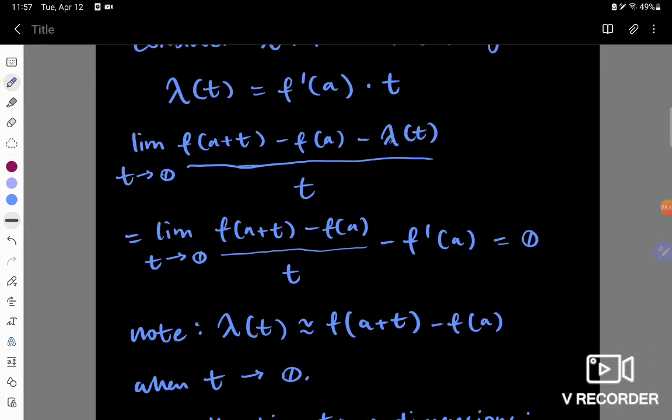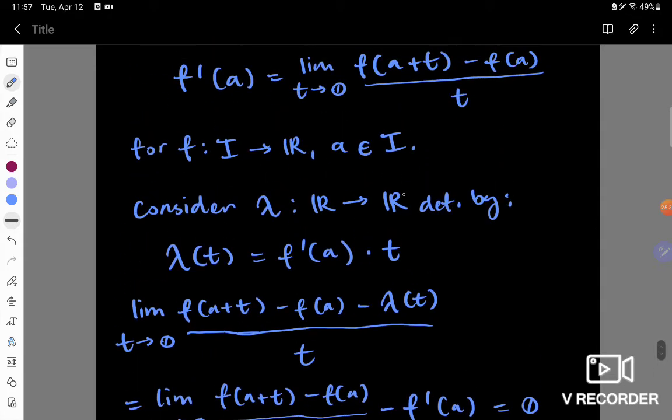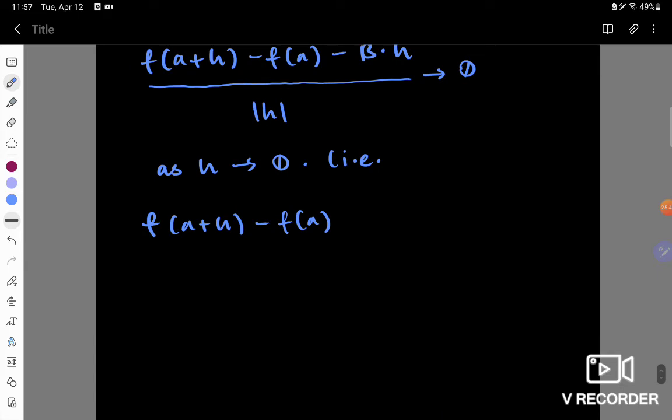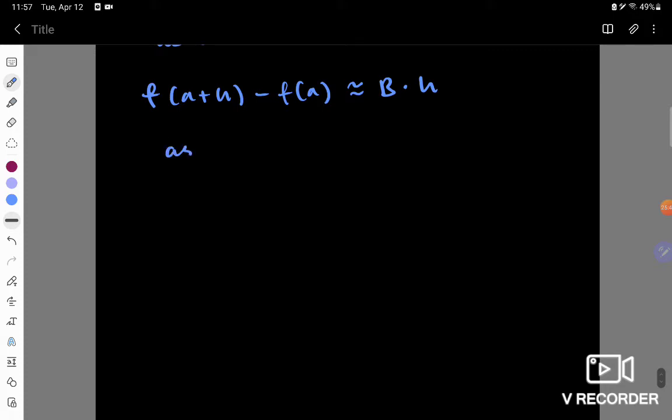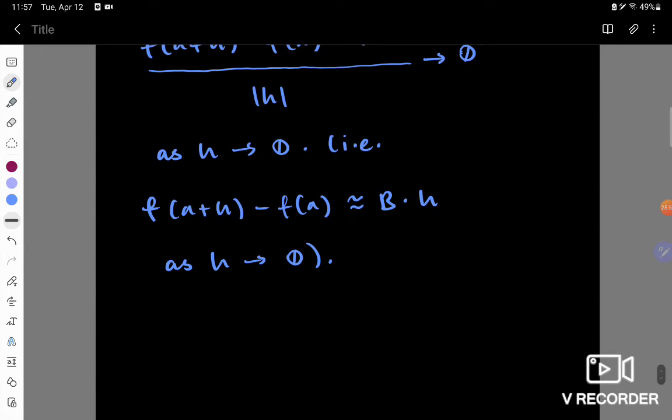So now instead of lambda, which is just a one-dimensional linear transformation, we want a linear transformation which is suitable, that is B times h, as h approaches 0, right? Or when h is very small. So we have generalized our notion of the derivative as a linear map now, where we looked at